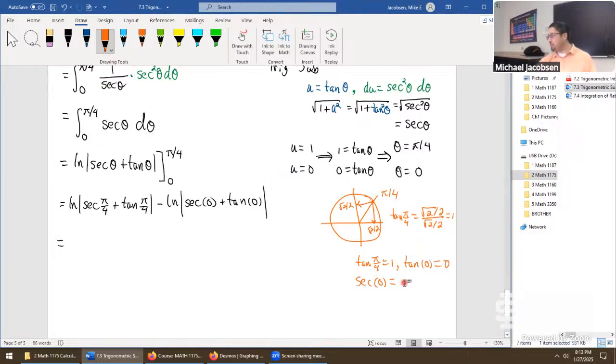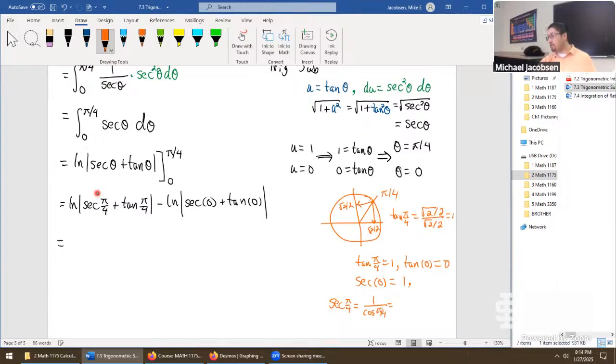It's 1, absolutely. 1s keep on coming up today, it seems like. Cosine of 0 is 1, and secant 0 is just 1 over cosine 0, for a 1 over 1. Let's see. Really the only thing that is going to be a little bit more is that one, secant pi over 4. So secant pi over 4, if we want to calculate this from first principles, is 1 over cosine